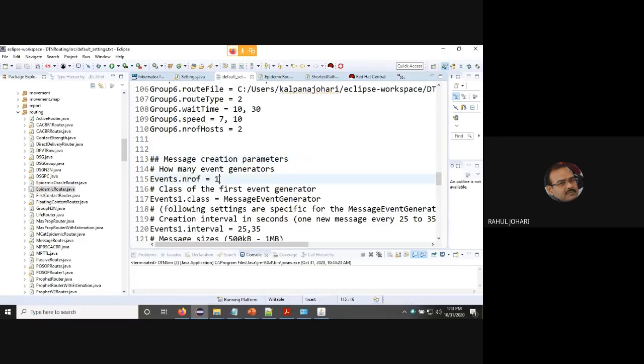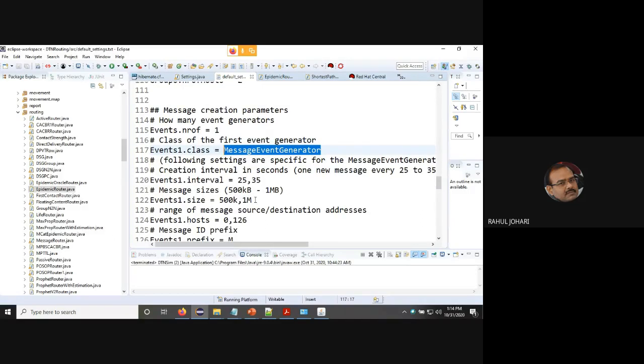We need to generate the messages, right? So one option is that you create your own messages, or you take the help of the simulator to generate messages for you. There is a predefined class called message event generator, which will generate dummy messages for us. But when I'm doing certain research publication work or a certain experiment, I will generate my own messages. The content of the message has to be defined by you. But in this case, we would like the nodes to just exchange randomly generated messages. So we use the message event generator class and we specify the message size.